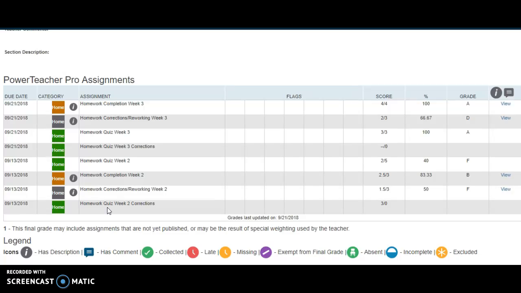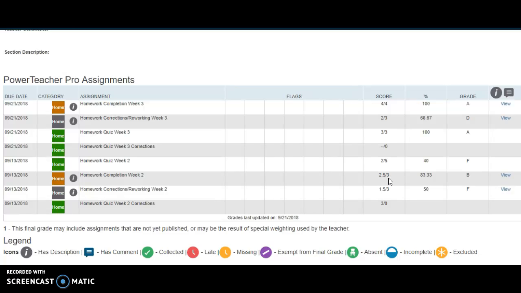And for the purpose of keeping everybody informed on a student's daily work completion and just their overall work ethic, I have the students track their homework completion, which I then also record once a week. Those scores you can see are in tan right here, and they're labeled homework completion, and then it'll say what week it's for. These scores, then you can see this student had a 2.5 out of 3,